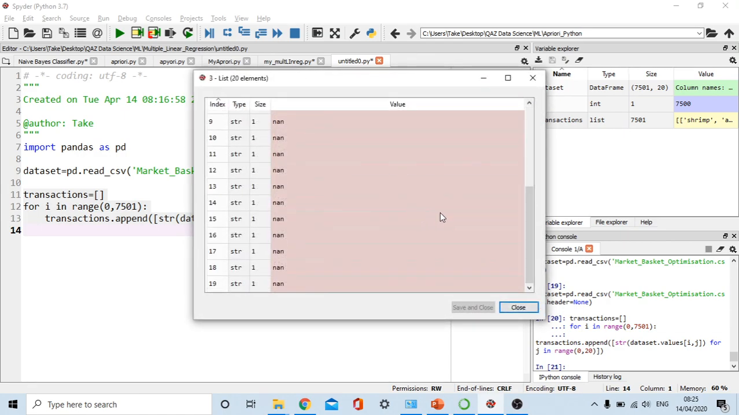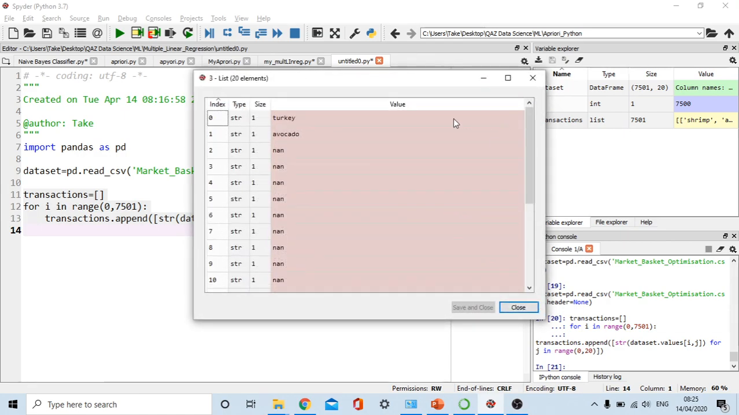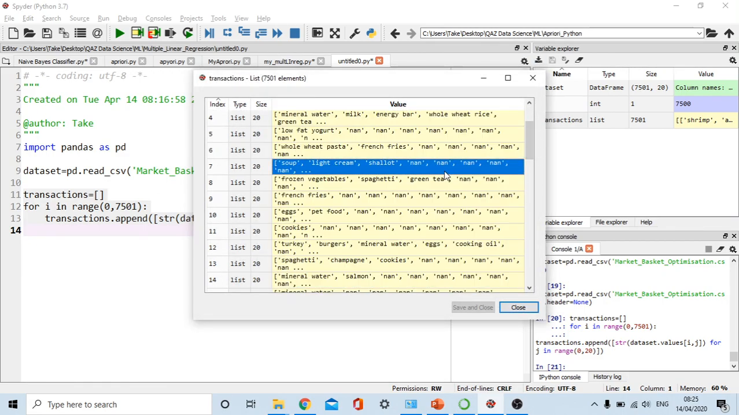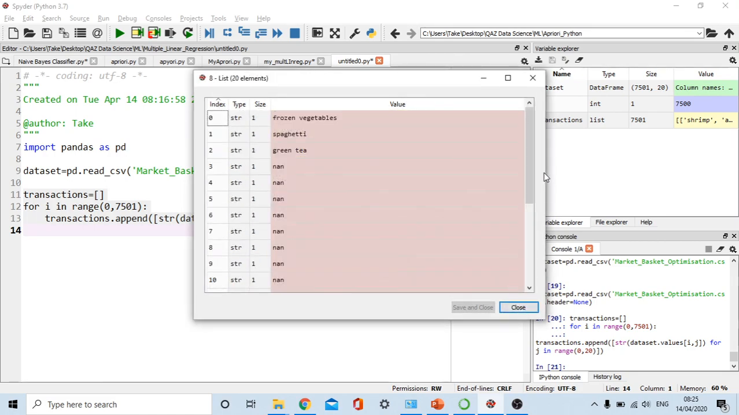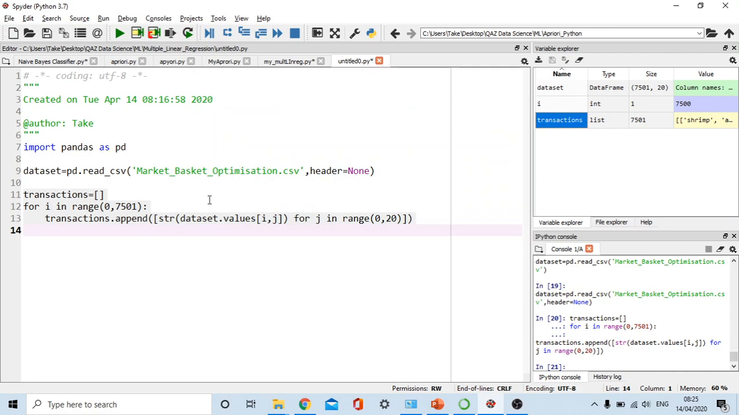Turkey, avocado, the rest of them none. About none, we cannot worry about that, because the apriori algorithm will manage somehow by itself. Okay, we don't need to do data cleaning, otherwise we may lose a lot of data. Okay, now let's build our apriori